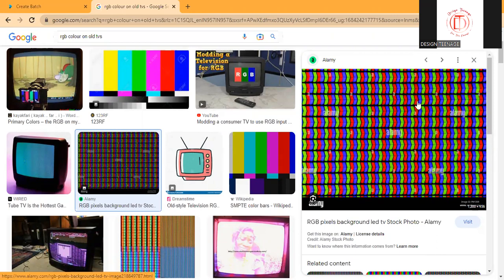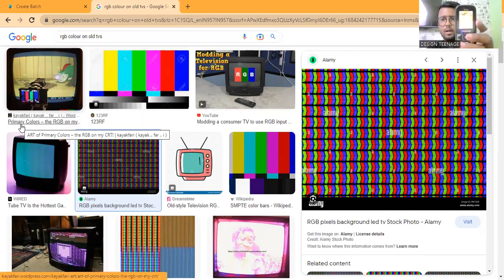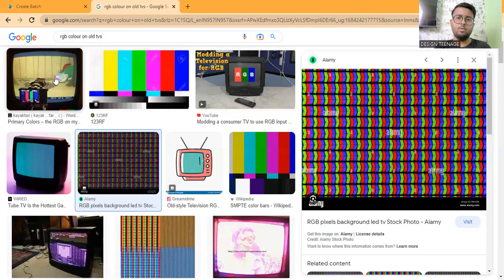The difference is that previously, in these kinds of phones, the gaps between those things were comparatively more. In today's time, it has been much less, and hence you won't be able to see that RGB color combination scheme today. And finally, the result is that the pictures you see today are much better in comparison with what you have seen previously. That's the whole concept of the RGB color scheme.